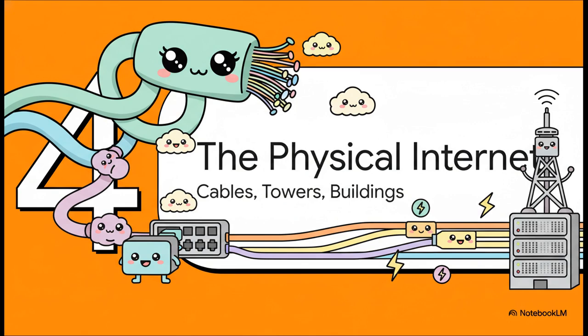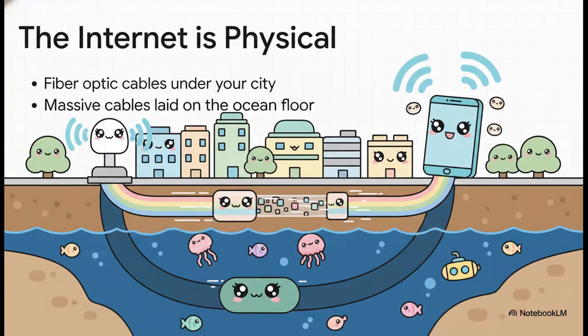Okay, so we've talked a lot about the what, the packets and the rules. But what about the where? What is all this data actually traveling through? This brings us to the internet's physical body, the cables, towers, and buildings that make it all happen. Yeah, we use words like wireless and the cloud all the time, but the internet is a surprisingly physical thing. We're talking about real fiber optic cables buried under your city streets. We're talking about enormous cables, sometimes as thick as a garden hose, sprawled across the ocean floor, physically linking continents together. Your Wi-Fi and your cell signal, that's really just the very last little hop to connect you to this